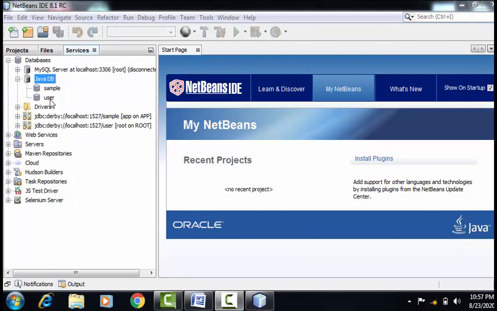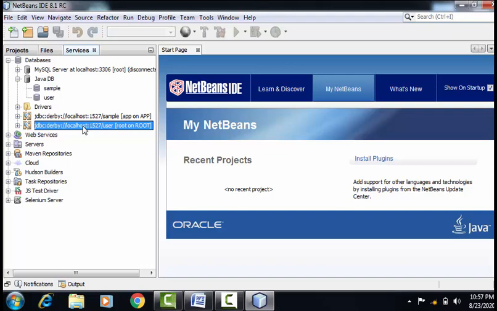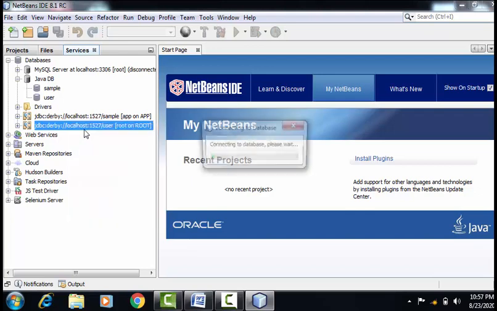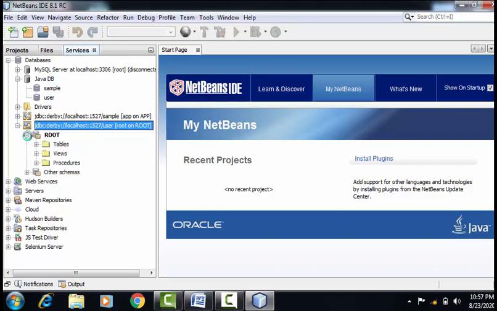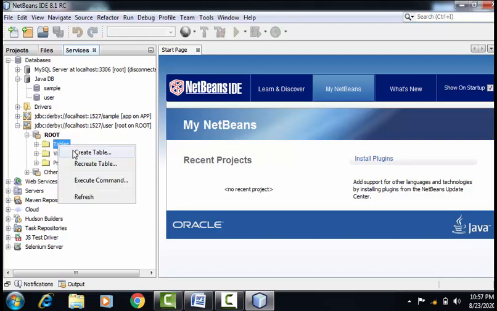So as we can see here, our database named user got created. Now to create a table inside this database, we have to go here, that is database connection, right click and say connect. After clicking on this plus sign, we can find the user root got created. If I click on this plus sign, I'm getting three options here. As we are creating a table, we'll have to right click on the very first option, that is tables. Now select the very first sub option, that is create table.